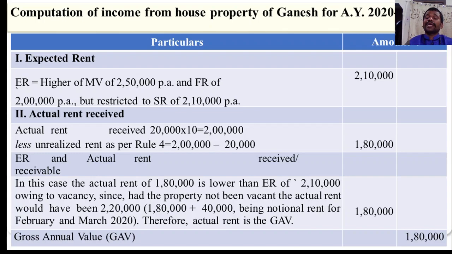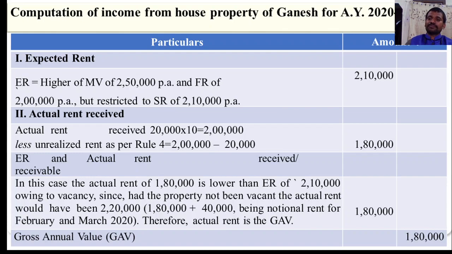Whichever is more, municipal value is more, that is 2,50,000. But the standard rent is less than the municipal value and fair rent, so standard rent itself is the